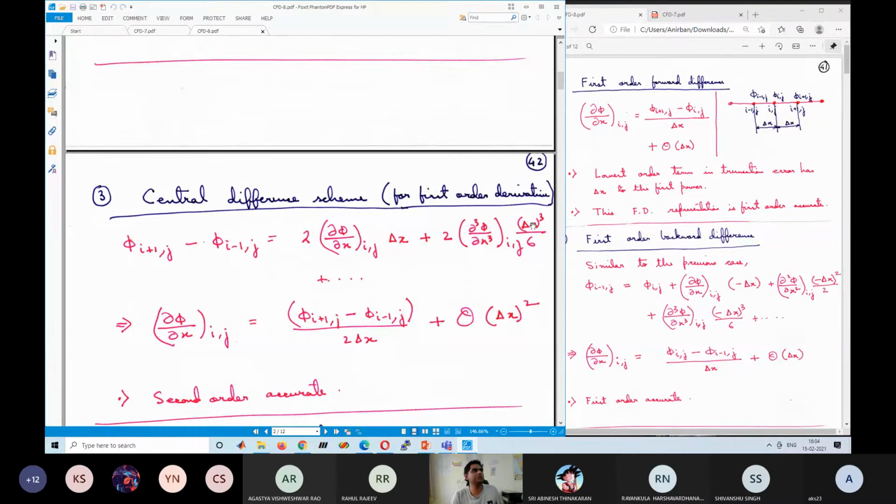Now if delta x is very small, say 0.01, then for the first two cases the error will be of the order of 0.01. In this case, the error will be of the order of 10 to the power minus 4. So you can imagine that this is much more accurate. These are in terms of non-dimensional values. If you ask, what if I take delta x to be 10 millimeter? Although it is 10 millimeter, with respect to the length scale, in non-dimensional form it will be less than 1. So in that case, delta x is going to be very small.